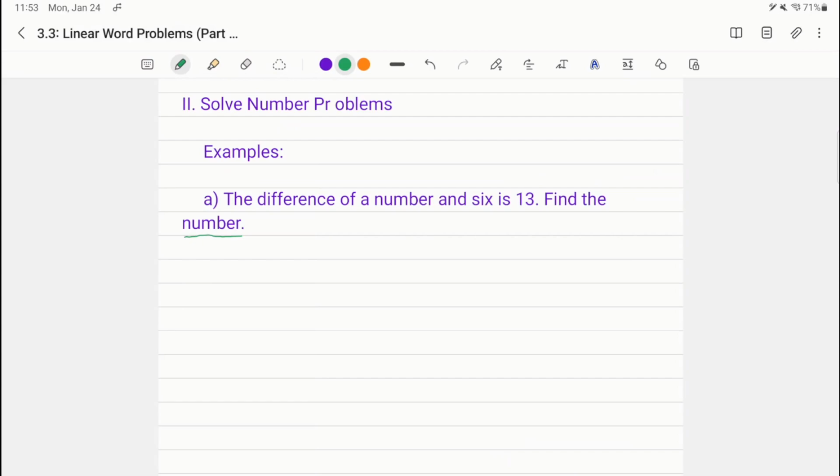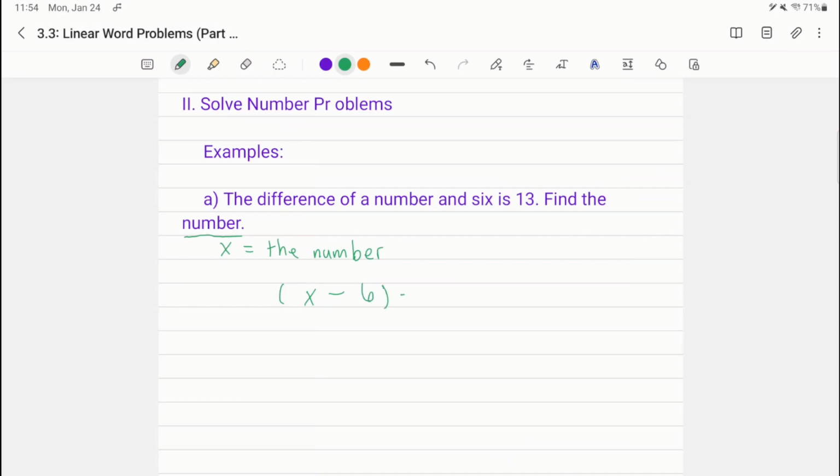What we're looking for is the number, let's name it. X is the number. Now, with most of these number problems, you don't have to rewrite it because it's already parsed down a lot. So we have the difference of. Whenever I see the difference of, I do put parentheses. So the difference of a number, which is x, and is where the operation goes. Since the word was difference, the operation will be minus 6